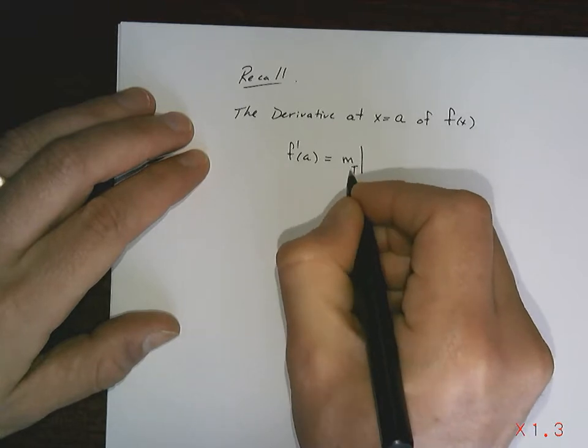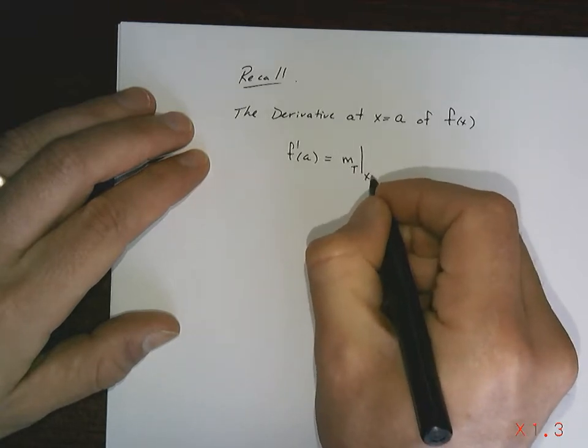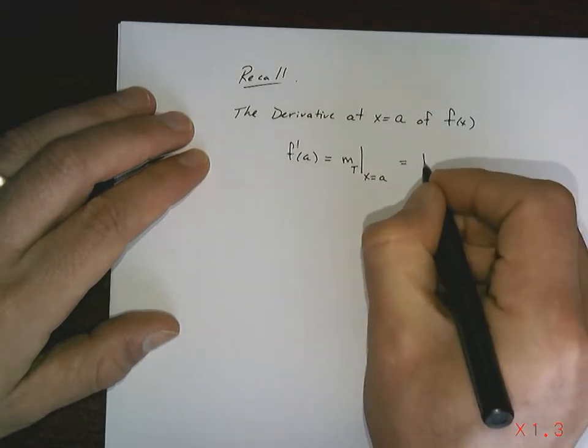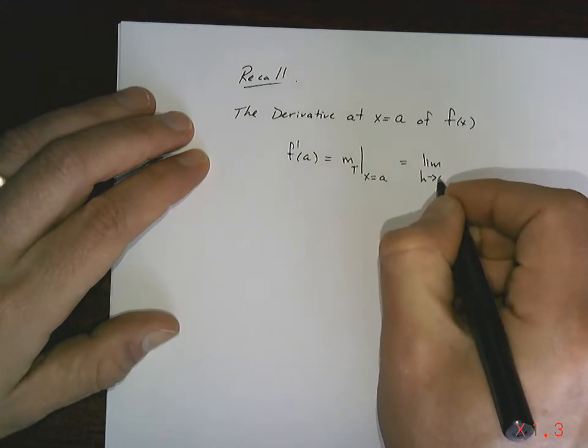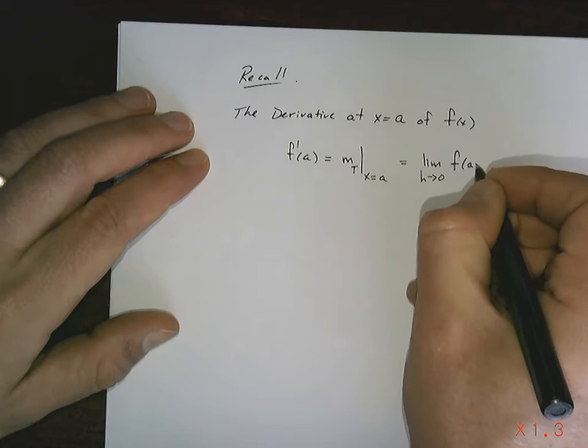Geometrically, it's the slope of the tangent at x equals a, and by definition, it equals